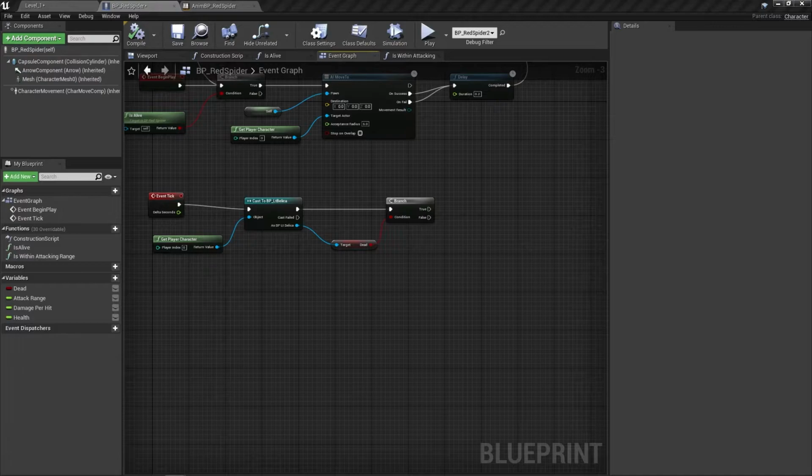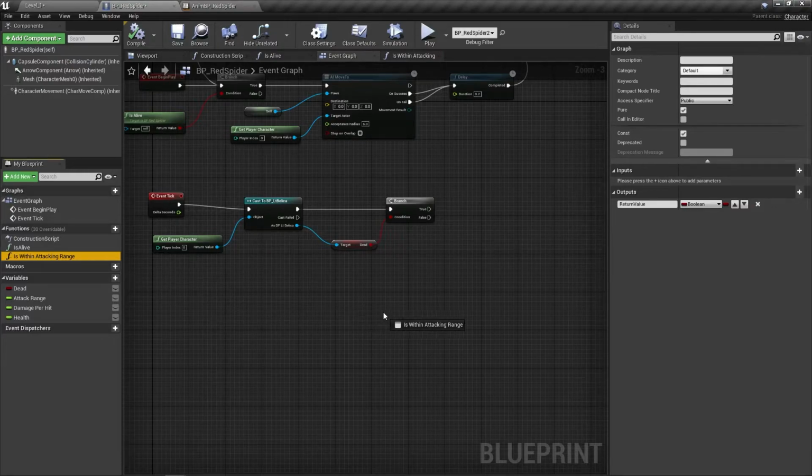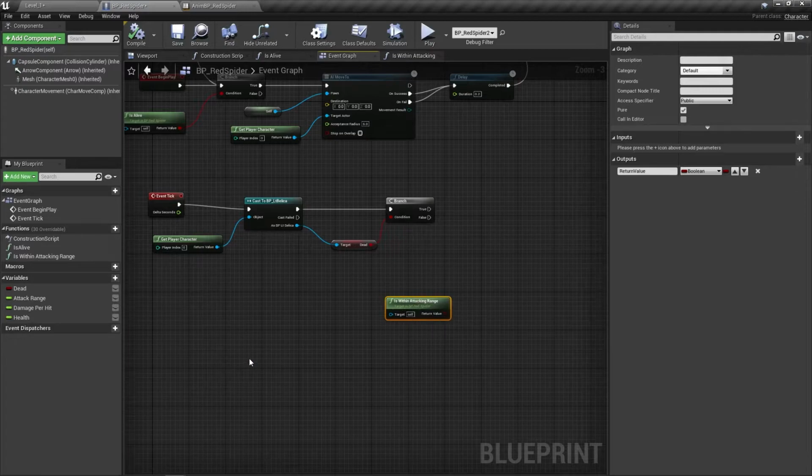And if I kept everything in order, I'd know what I was doing. That would be dangerous. Okay, so let's go ahead and pull this function out. And we're going to set this over around here somewhere. It is within attacking range. All right, so next thing we need to know is, it's within attacking range, and we need to